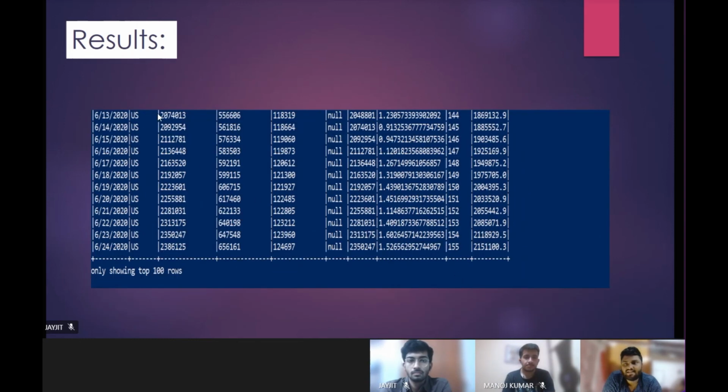Here we are seeing that as the date goes by, the cases increased to 23,86,125 on 24th June, and if the lockdown had been implemented 55 days earlier, it would be 21,51,100 cases. It's a difference of nearly 2 lakh, so nearly 2 lakh and 30,000 cases. It's a very huge number, and for that reason we can conclude that if the lockdown had been implemented earlier, there would have been far fewer cases and far fewer deaths regarding COVID-19. Next slide please.